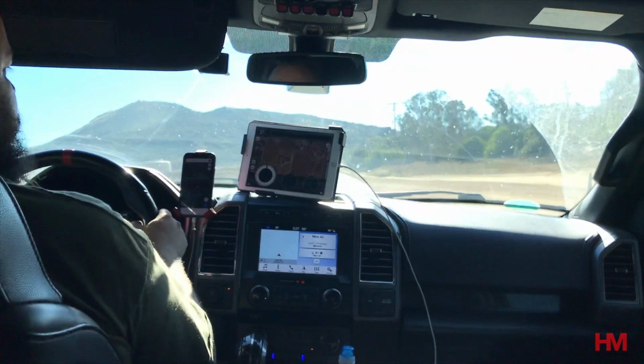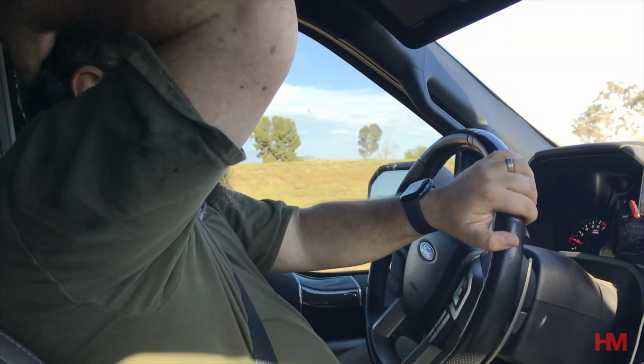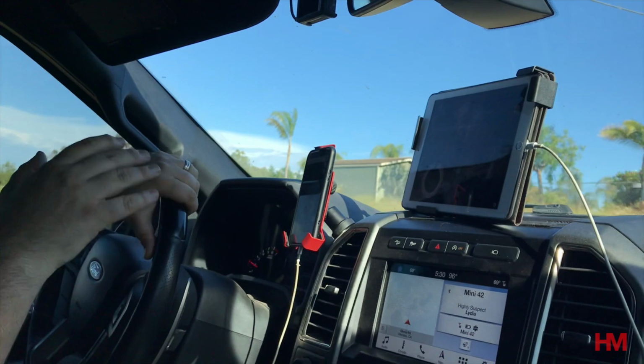What do you think? That looks so much better. It's at a better angle for me too. So overall, I'm happy with the way this turned out. I like the idea of being able to take my iPad off when I need to, so that magnetic mount's